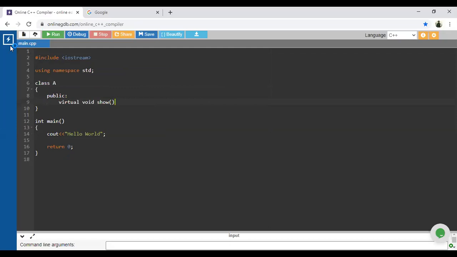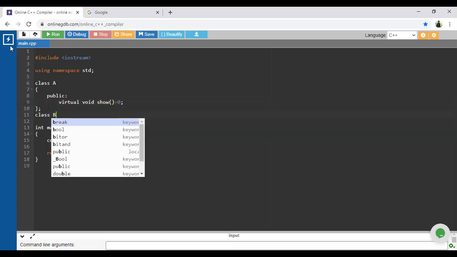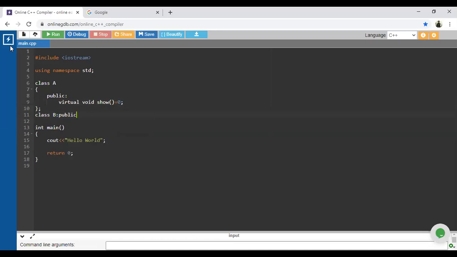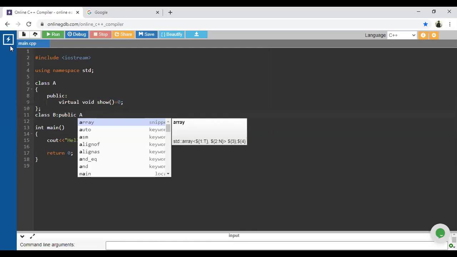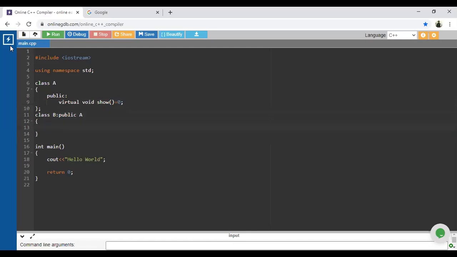And for a pure virtual function, I am using equal to 0. Yes, guys. Okay, semicolon. Next, class B, then colon, public A,